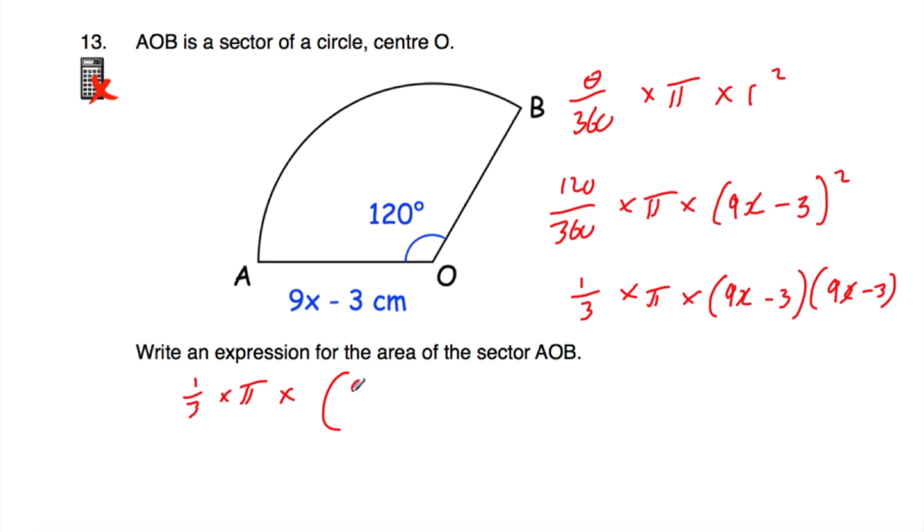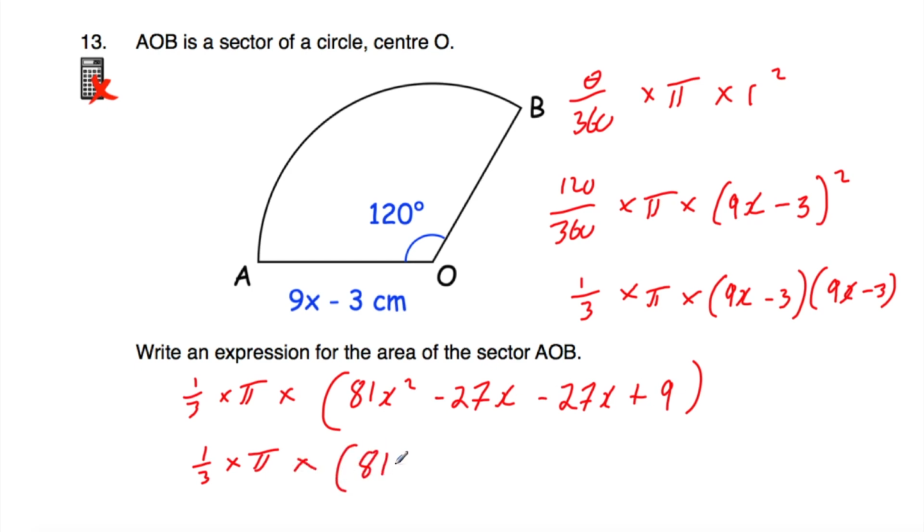9x times 9x is 81x squared. 9x times minus 3 would be minus 27x. Minus 3 times 9x would be minus 27x. And then minus 3 times minus 3, well, negative times a negative is a positive, so it's going to be plus 9. Close brackets. Okay, so we've now got a third, multiplied by pi, multiplied by, and let's work this